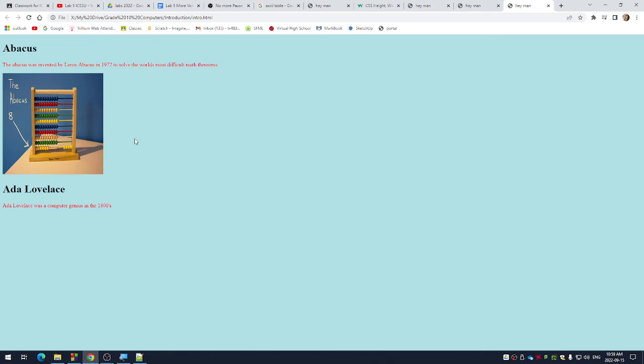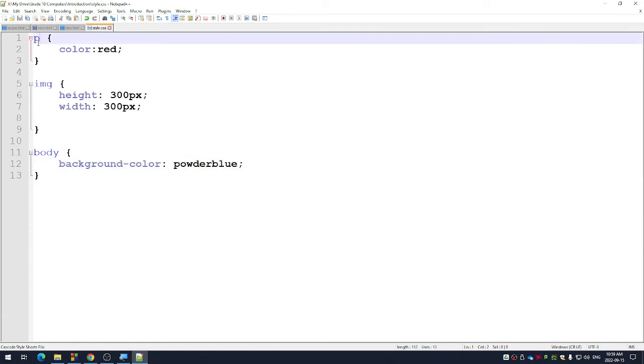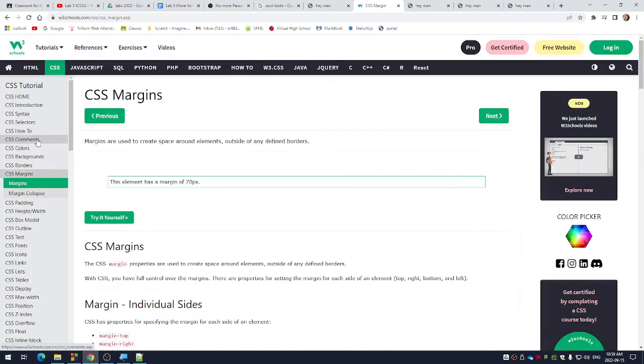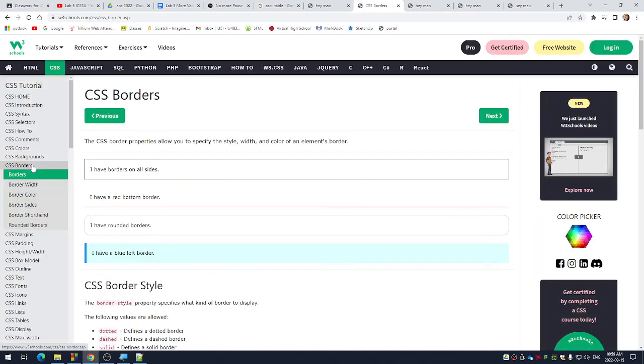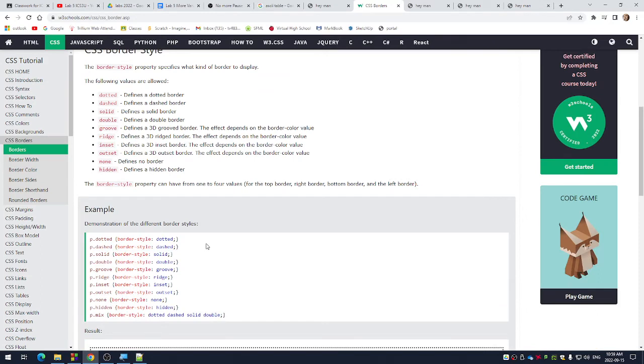So it's a lot easier if all of this stuff is in a separate file, just to kind of pick and choose what I want to format. And if you want ideas, you just go to the W3 Schools website and you can look at margins. Borders could be cool. Look, I could put borders on everything, or maybe just on my headers. I have borders on all sides. So I guess it's the word border-style: solid. So if I go